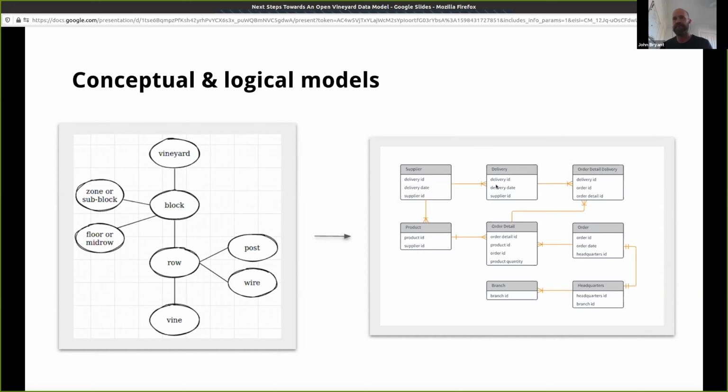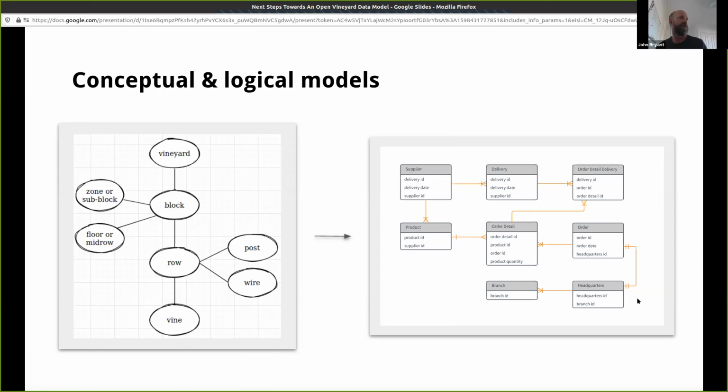So for a row, for example, you might have the variety that's planted, the date it was planted, things like that. And then provide some structure on how you actually describe those things. So what are the data types? What are the possible choices you can make for those attributes?